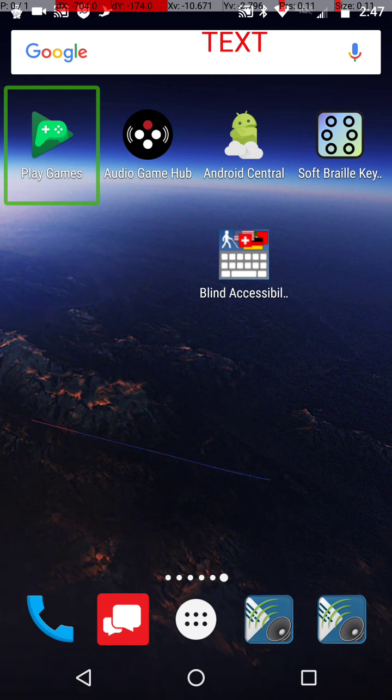Got Google Play Games, which I don't use too much, but Audio Game Hub. That's for visually impaired people. You play games, and it's got a bunch of accessible audio games that are pretty fun. Android Central, for some reason that's on this home screen again. I'm not sure what I did there, but